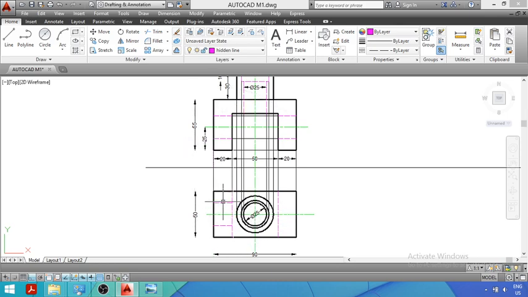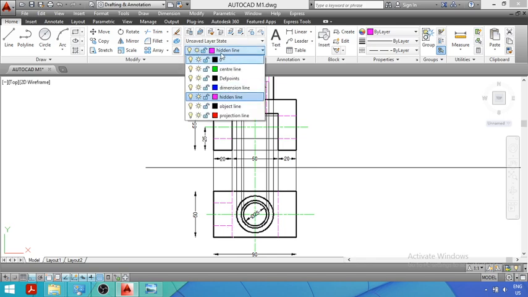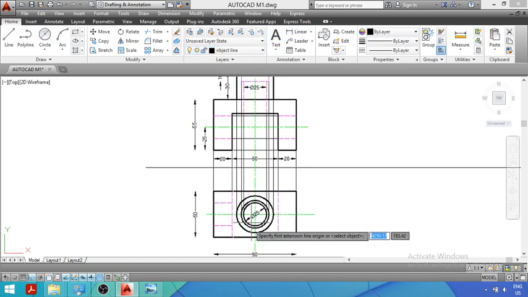So you can see we have drawn 2 dotted lines. From this center line you have to draw 2 dotted lines, one on the lower side and one on the upper side, and both the lines will be what? Hidden, since the hole will not be visible from the top view. And the total dimension, I will give the dimension here, the total diameter of this hole is equal to 25 mm. And since the total diameter is 25, it means that we have to draw this line on the upper side at a distance of 12.5. Total distance is 25. So from the center on the upper side take a distance of 12.5 mm, and from the center on the lower side take a distance of 12.5 mm.